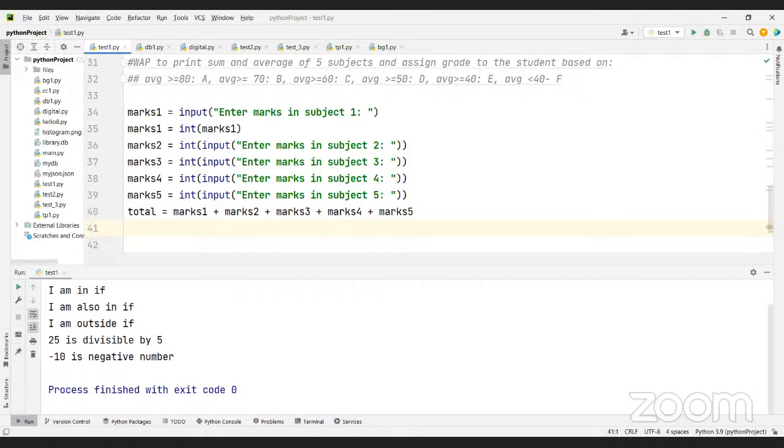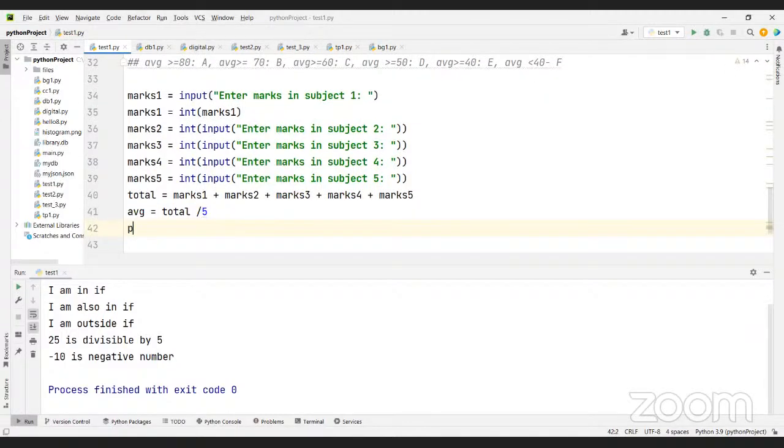Right? So what is the average? Average is total by, we have 5 marks, right? So we get total by 5. So you can say something like this: student has scored a total of marks and average of